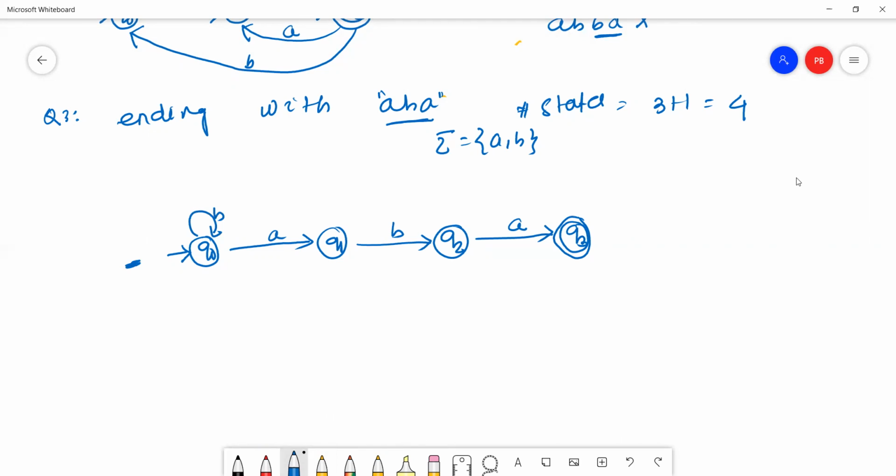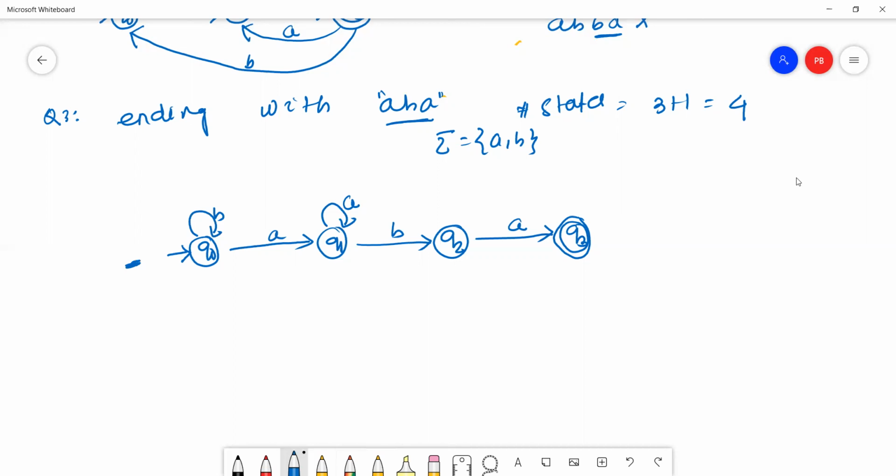Q1 already reads B. Then Q1 will read A. Either A will stay on the Q1 state or go back to the Q0 state.